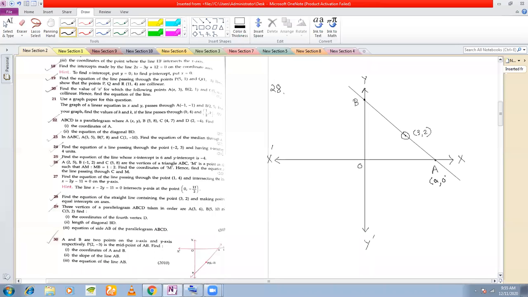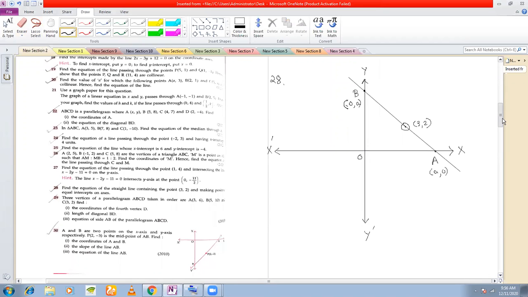(a, 0), where a is positive, and I can take the coordinates of B to be (0, a), because this length is a. So the coordinates of A can be taken as (a, 0), and this length is a, so the coordinates of B can be taken as (0, a). So bearing this in mind,